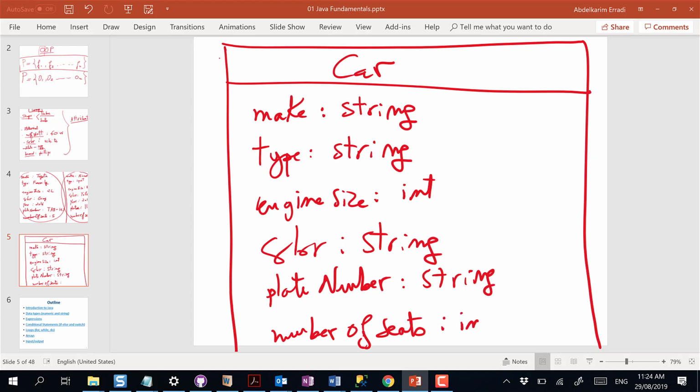It's an integer. The year also is an integer. Yes, thank you. Okay, let's put it here: the year. The data type of year is an integer. Okay, so before I create this